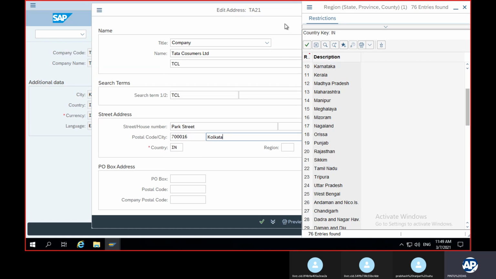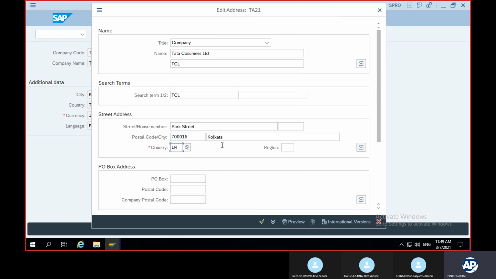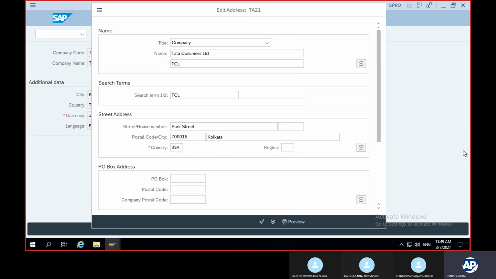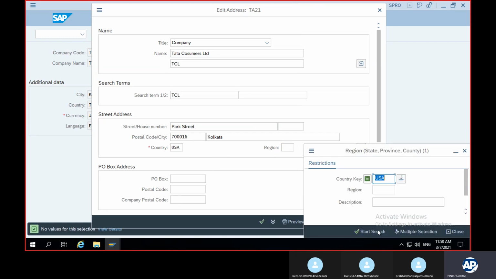In case you are configuring a foreign company, suppose you give the country USA, then what happens if you click on the region? You will find country key restrictions.